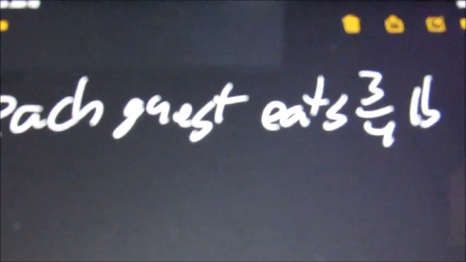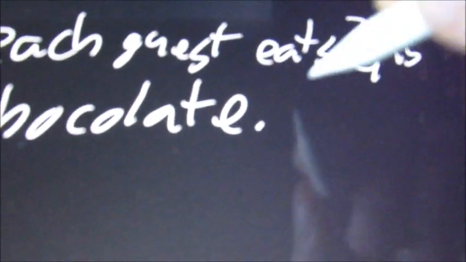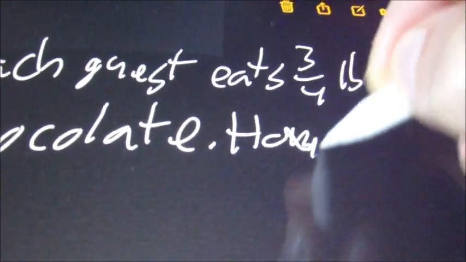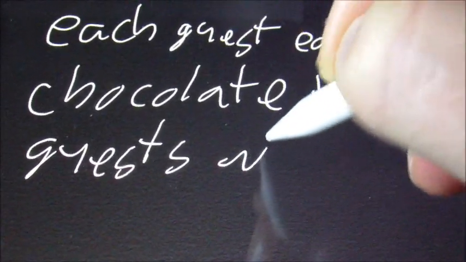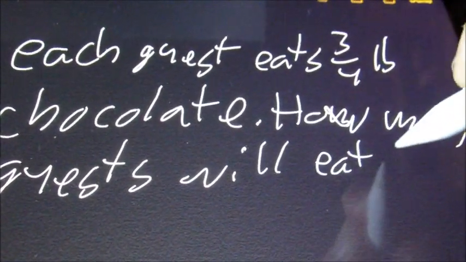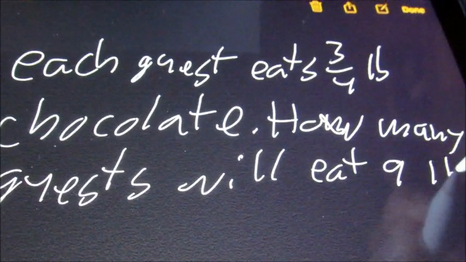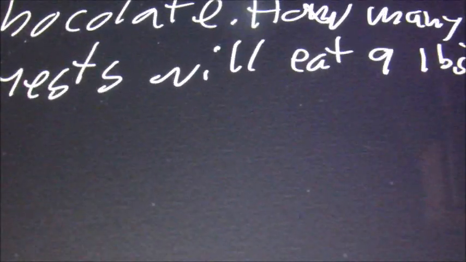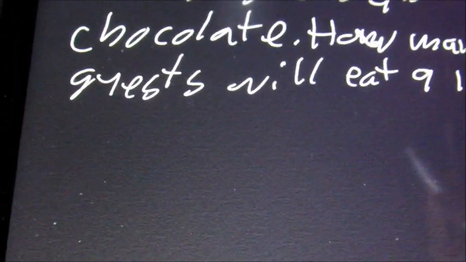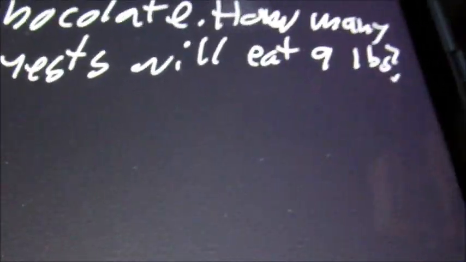Okay, so each guest eats 3/4 of a pound of chocolate. How many guests will eat 9 pounds? So, what this is, 1 guest per 3/4